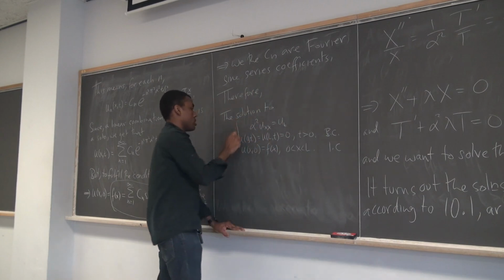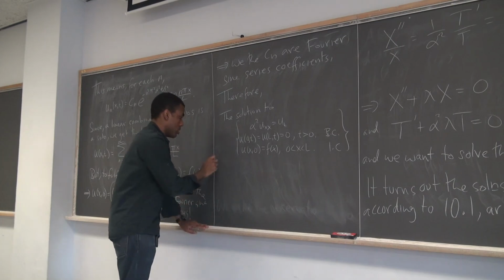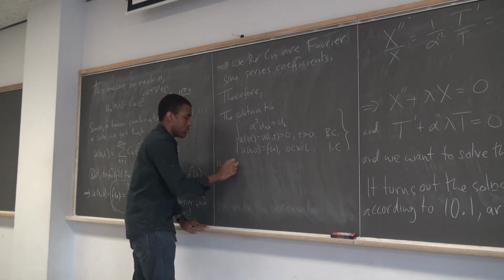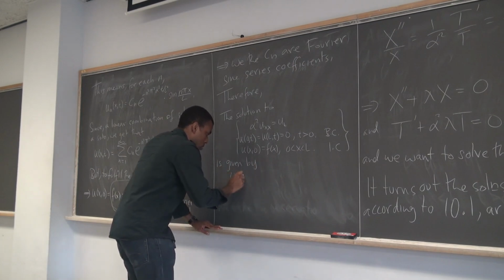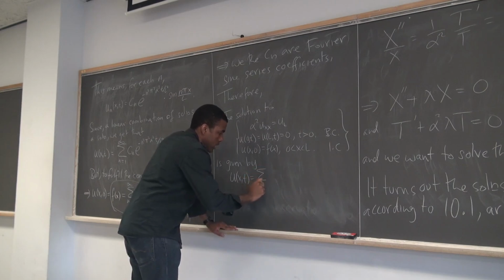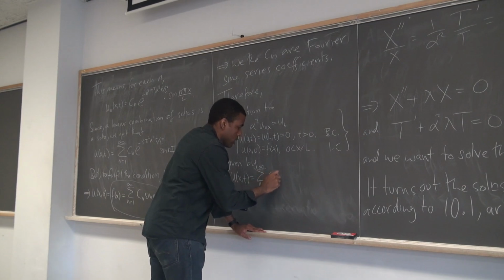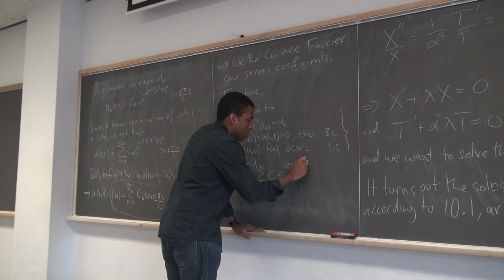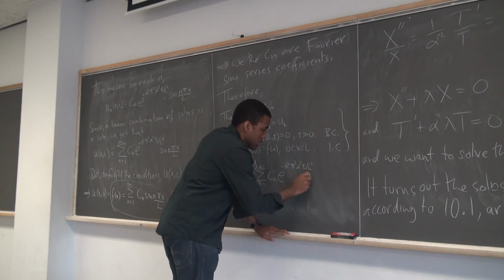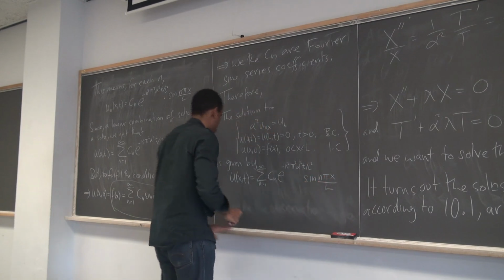The solution to this system, this boundary value problem, is given by u of x,t equals the series, n goes from 1 to infinity, of c_n e to the minus n squared pi squared alpha squared t over L squared sine n pi x over L,